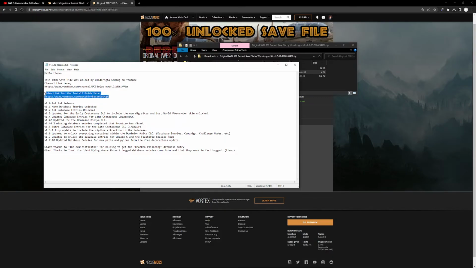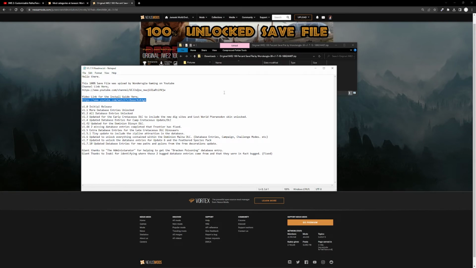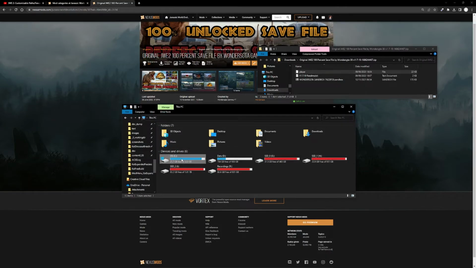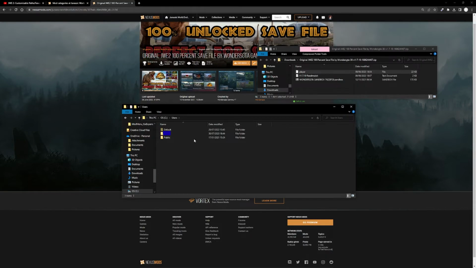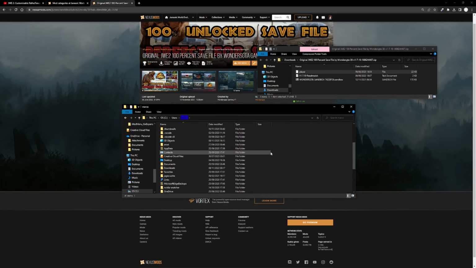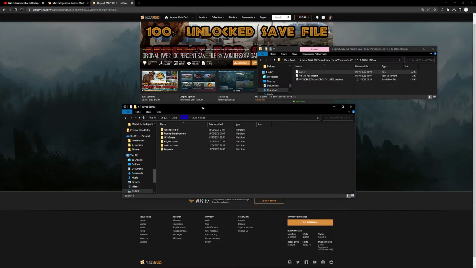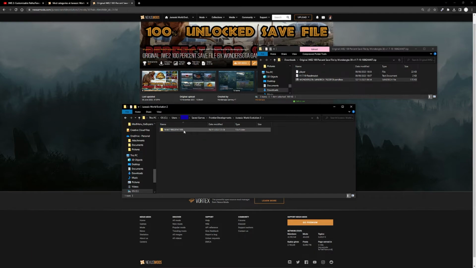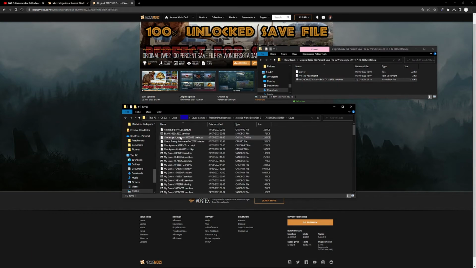There is an install guide, so absolutely watch that if you're installing it, but I'm going to show you how to do that here. So this mod has two parts. It has the sandbox save as well as the career save. The career save is saved inside the player file. And you can find your Steam and Epic save games by going to your OS drive, down to users, your account, over to saved games, Frontier Developments, and then Jurassic World Evolution 2, or Planet Zoo, or Jurassic World Evolution 1. But we're going to go into this one here, and then your player ID, saves,